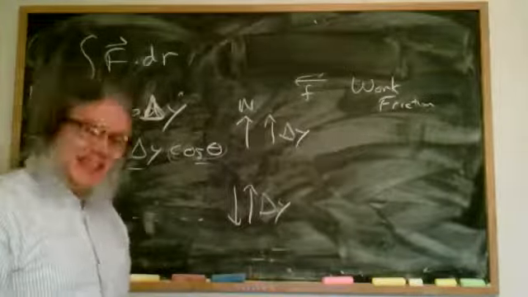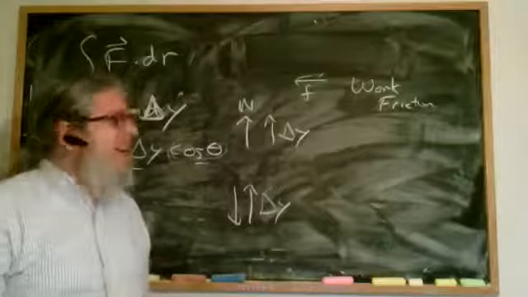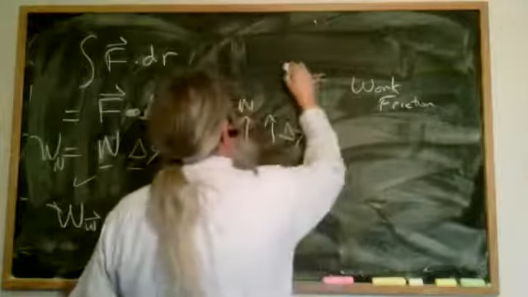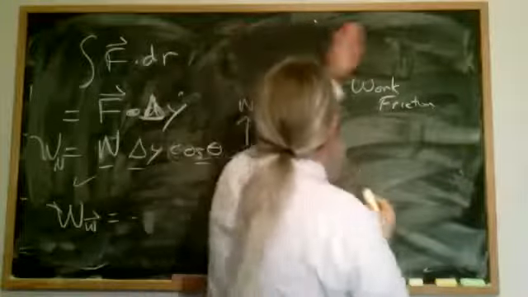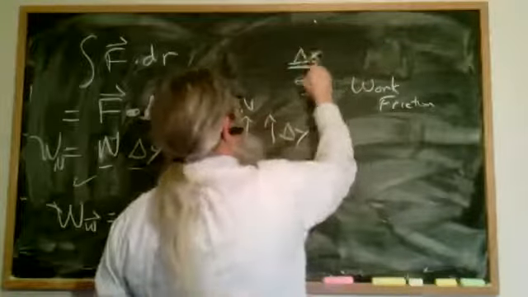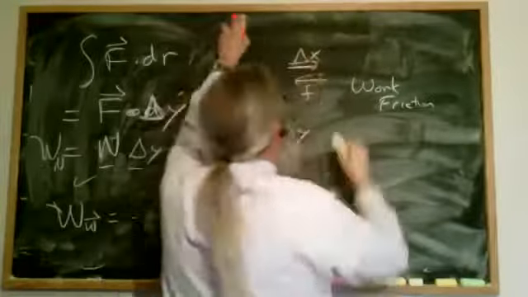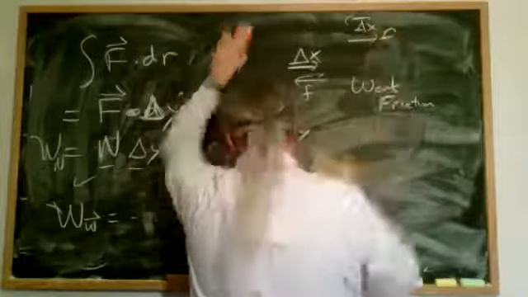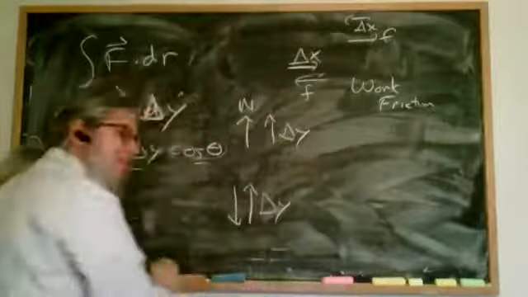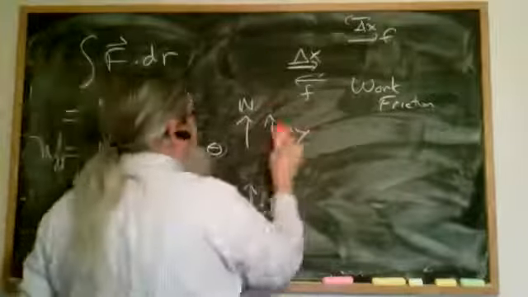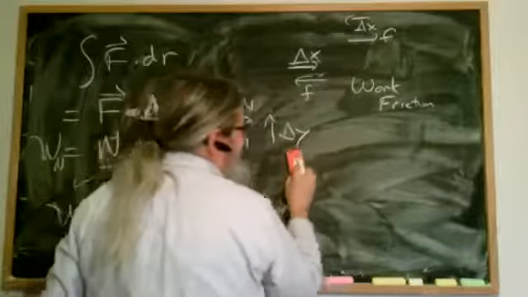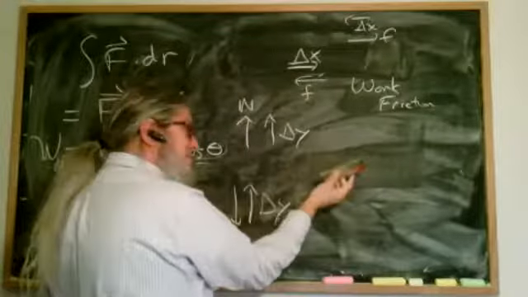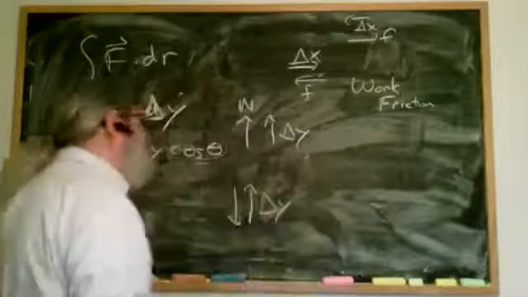Still negative? It's still negative, that's right. Because you're still moving, just in a different direction, but the friction is still opposing the direction. When I went from here to here, the displacement was this way and the friction was that way. When I go from here to here, the displacement is this way, but the friction is that way. So that tells you right away that friction cannot be conservative, because if I go like this and this, I've done negative work by friction, and it doesn't go back to where it came from. Okay.